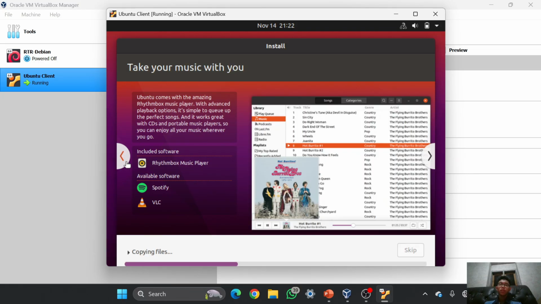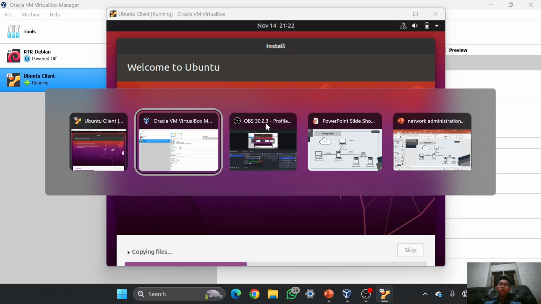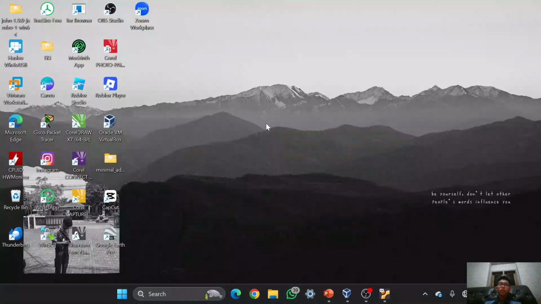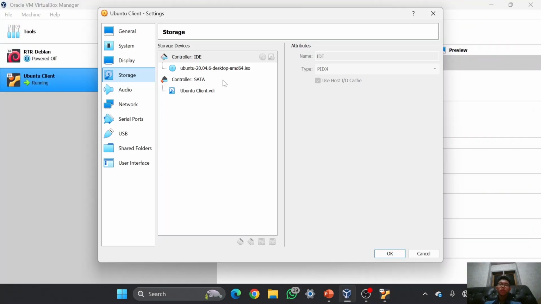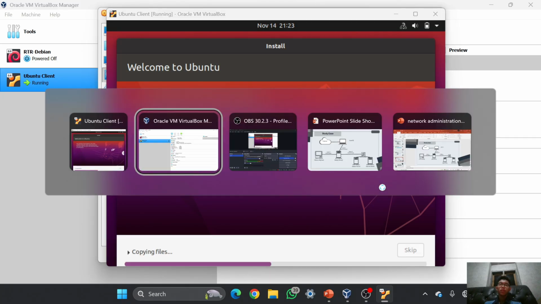And in here you can see there is some information about Ubuntu, and for the Ubuntu, wait, I forgot which version it is. I will check it first. I'm using version 20.04, which has a leopard logo here. So I think I will skip it because it will take so much time again, guys.